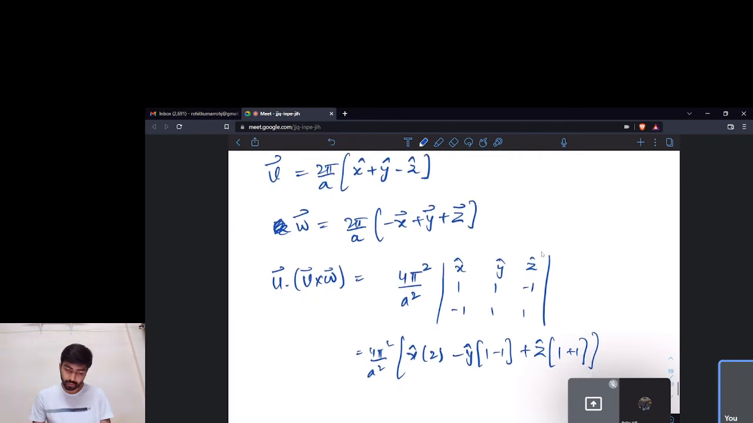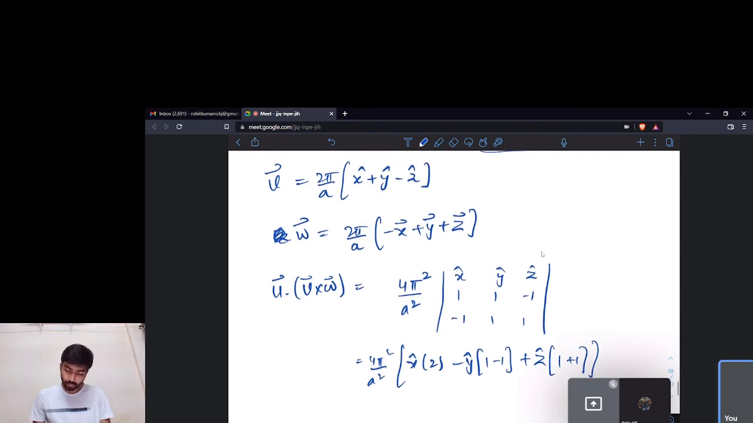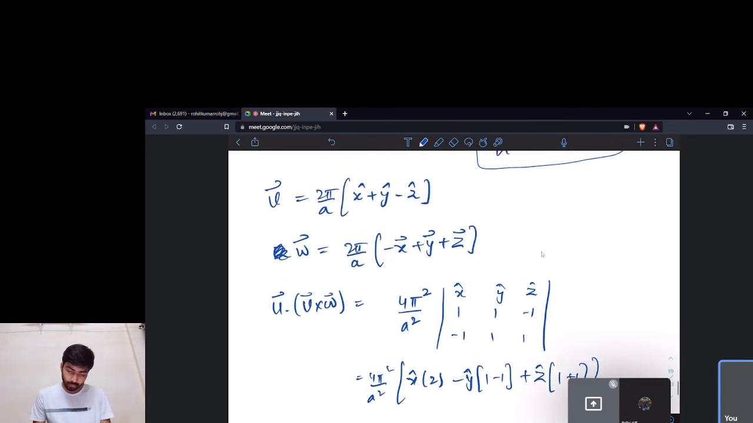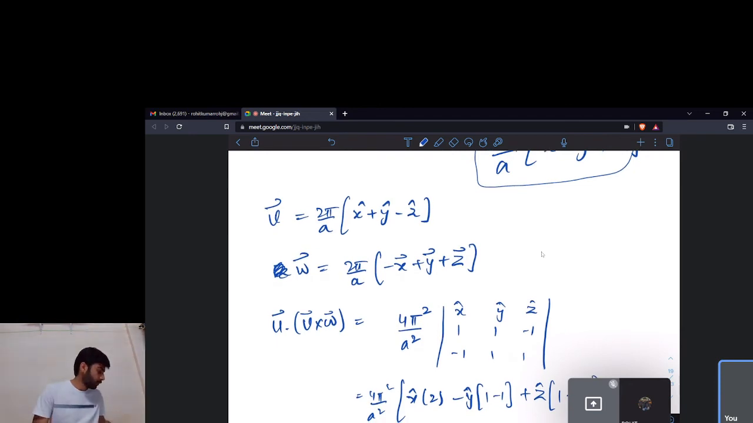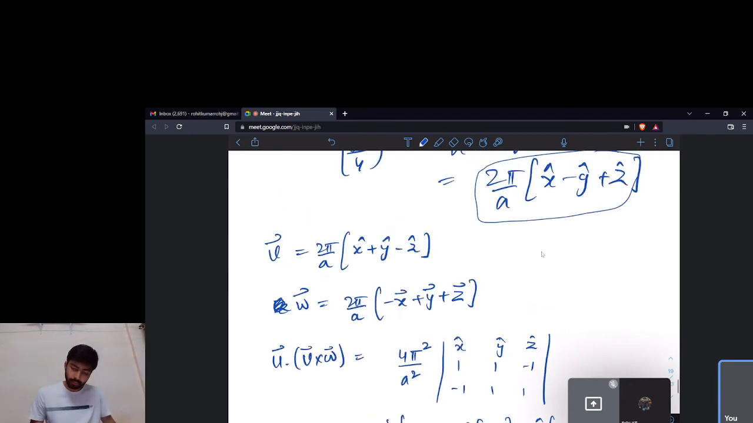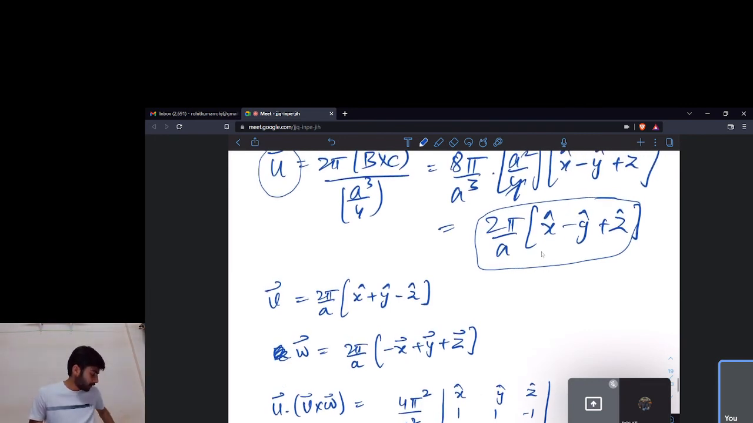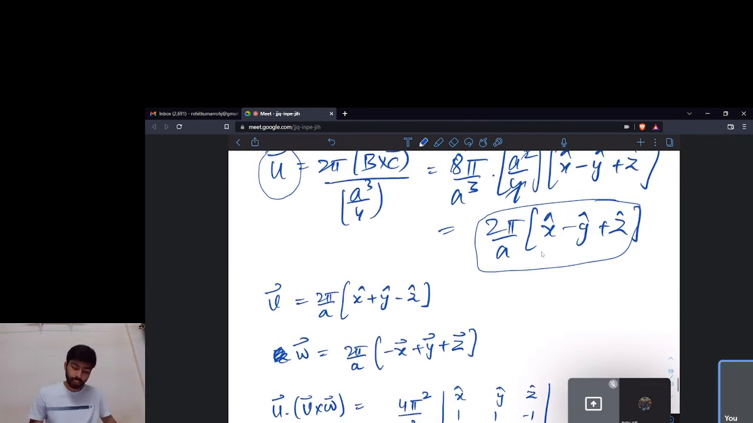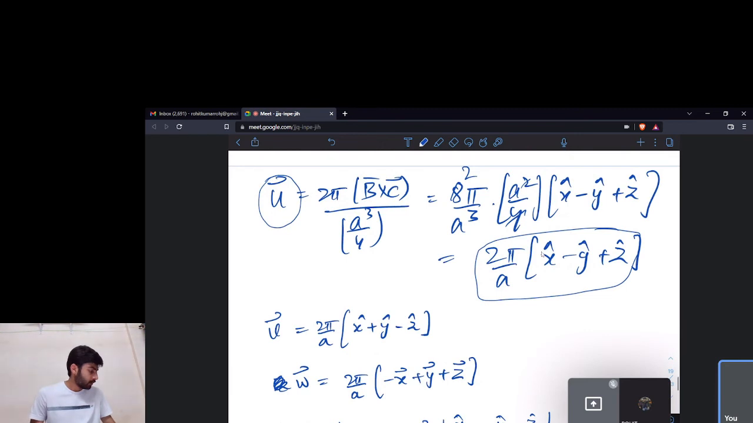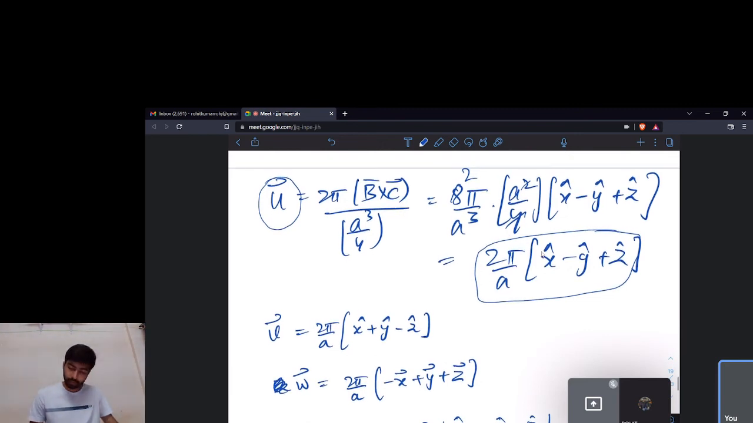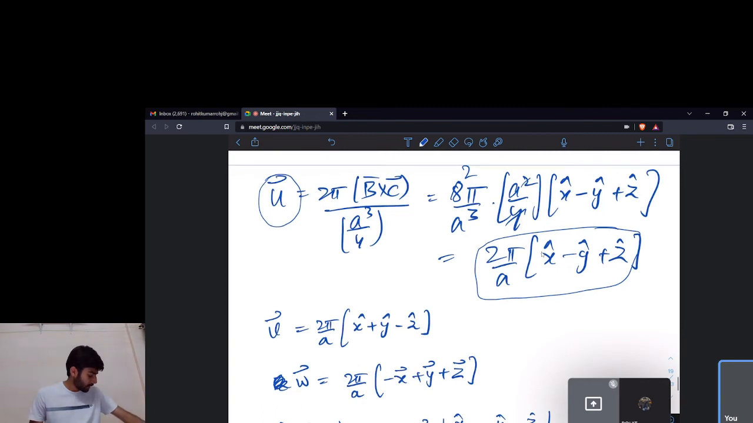We are having 2 of z here, and y has become negative. V cross w, fine. Let me just check a bit. B1, it should become in the way. B2 was this, and